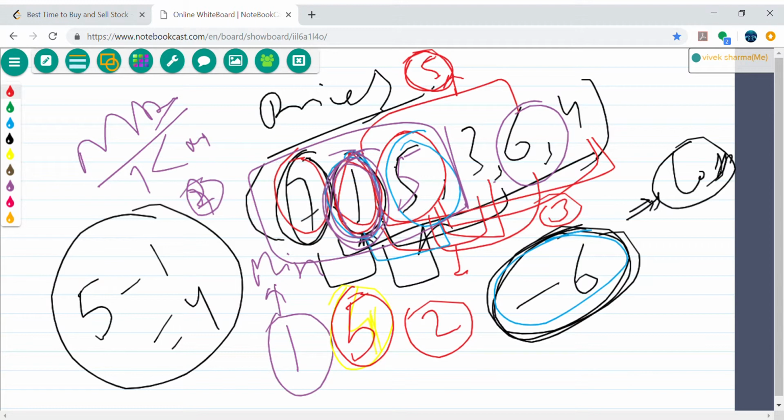Similarly 4 minus 1, that is 3, and 3 is still lesser than 5, so I will not consider 3. I will just keep doing the same thing, and whatever the minimum price, that will always give me the maximum profit. That's the fact I can use, and I can optimize this algorithm further to the linear